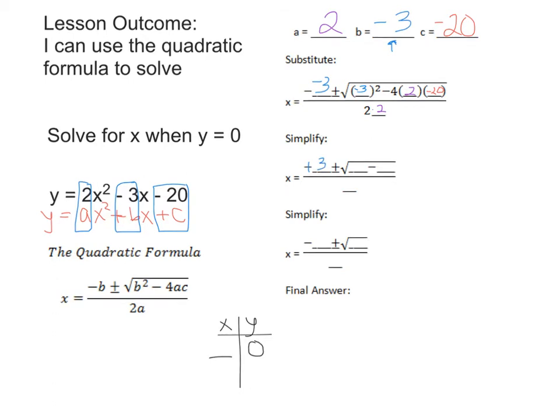So now we have a positive 3, because negative 3 becomes positive 3. And we wouldn't even need that there if we didn't want it there. Now, the next thing we need to do is right here, be careful, -3 squared. Now, if you typed in -3 squared on your calculator without these parentheses, you're going to get -9, which is